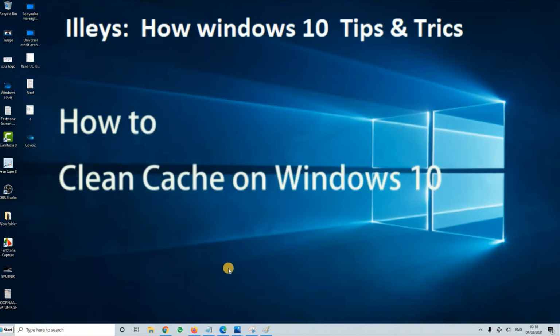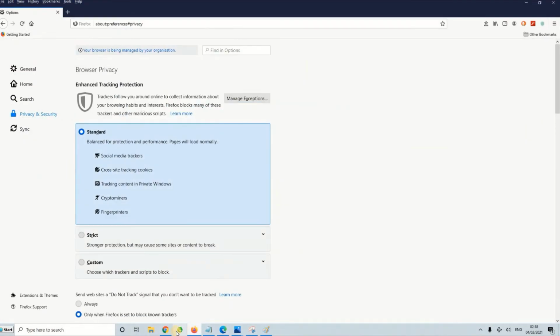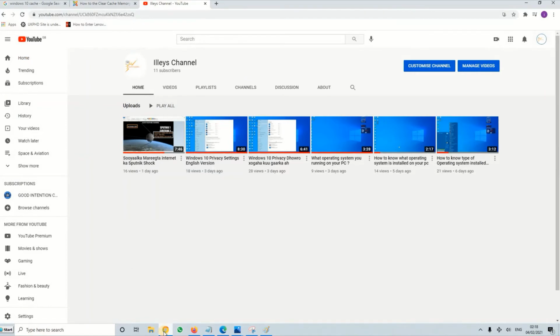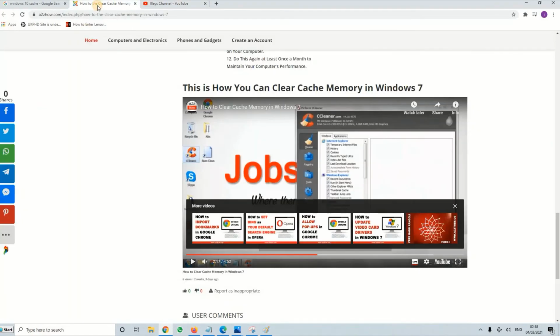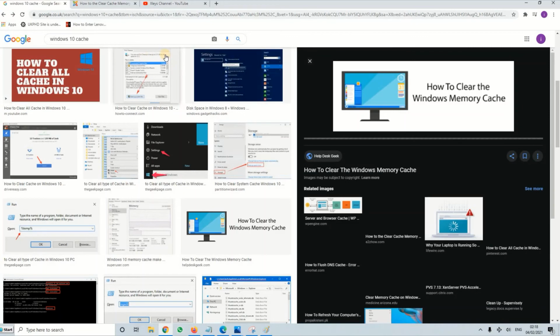So our next step would be your browser. There are three browsers: Microsoft Edge, which is here, and Firefox, and then you have Google Chrome. So in order to clean up Google Chrome, as you can see now,